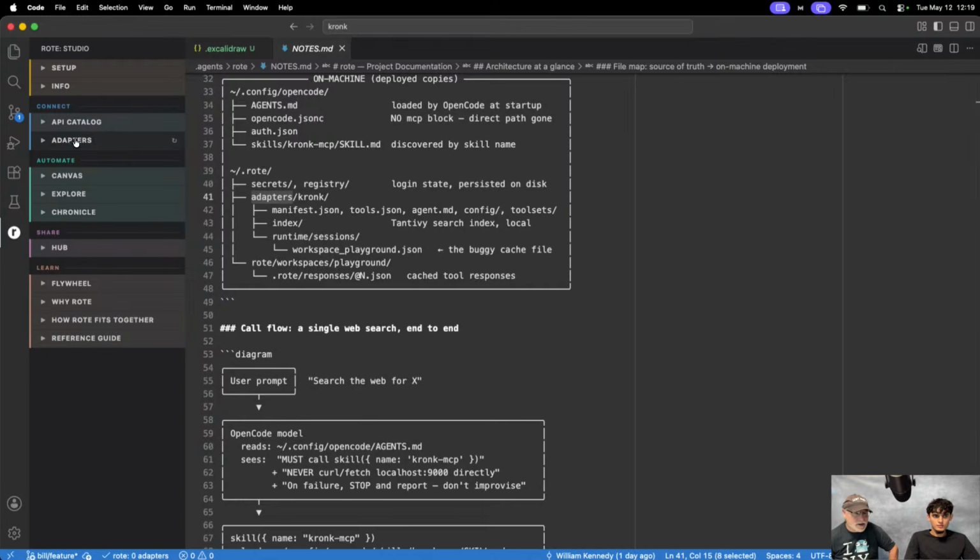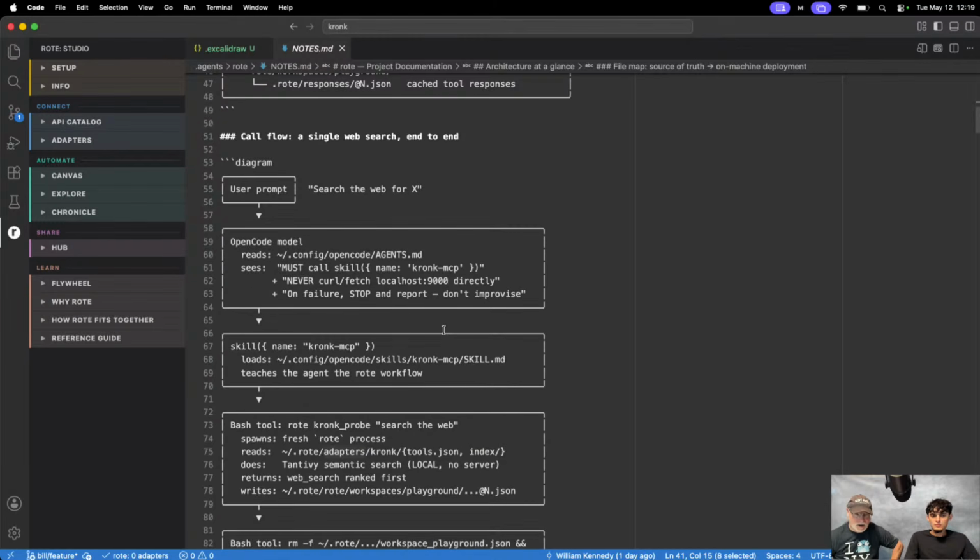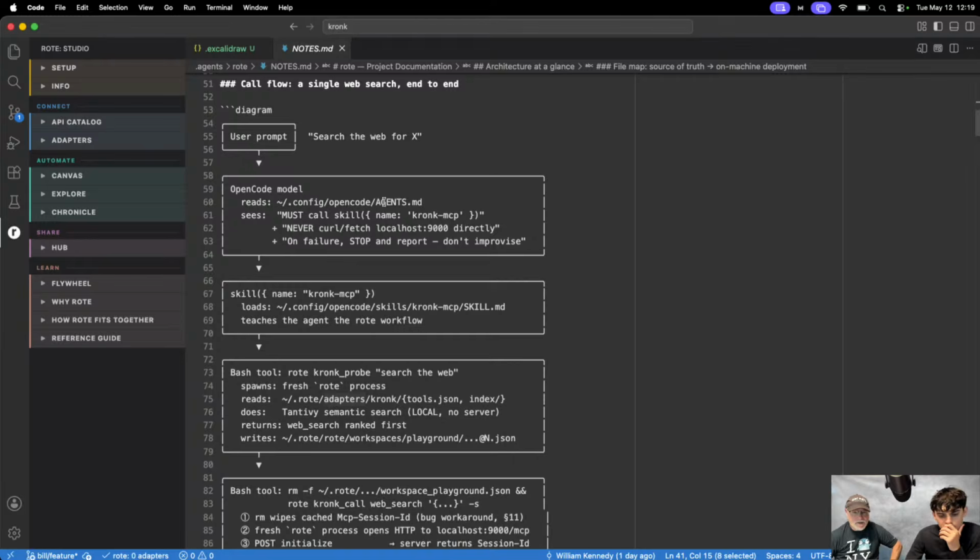This VS plugin UI helps you from a UI perspective, but I'll show you the CLI commands, what we're going to do here. So in the makefile, I've got, well, we're not there yet, but this gives you a basic sort of flow of how rote's going to work. So we're going to have some sort of user prompt. OpenCode's going to read the agents, right?